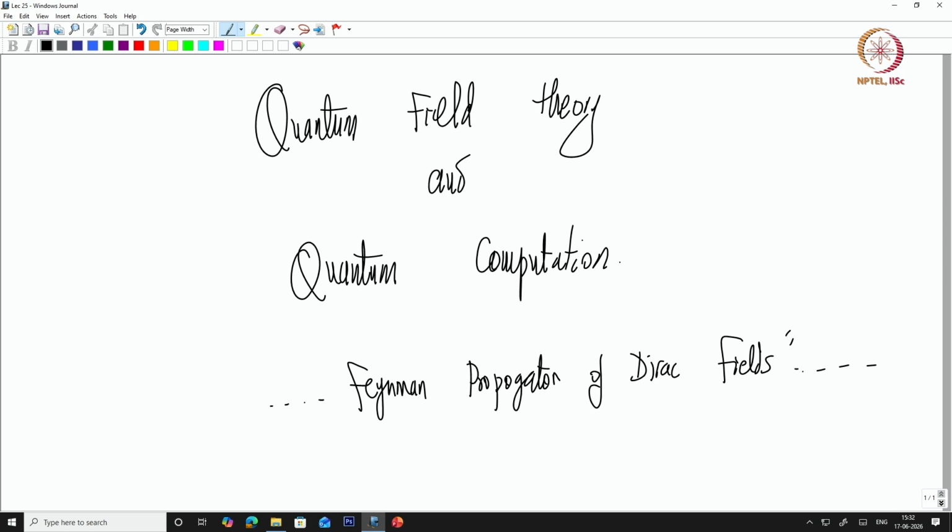So welcome back friends for another lecture on quantum field theory and quantum computation. We were looking at the Feynman propagator of the Dirac fields in the previous lecture. So in this lecture we'll continue, we stopped just before defining the Feynman propagator. So we essentially did the ordinary propagator,